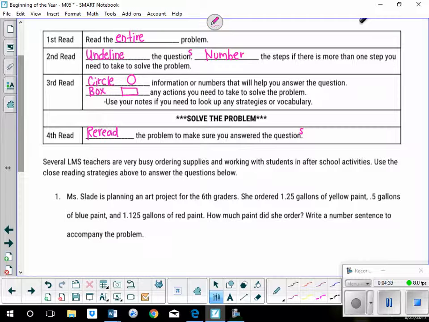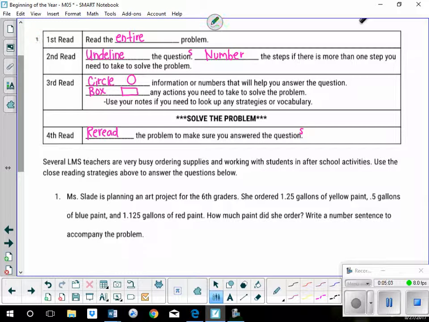This says, Ms. Slade is planning an art project for the 6th graders. She ordered 1 25/100 or 1 1/4 gallons of yellow paint, 5/10 or half a gallon of blue paint, and 1 125/1000 or 1 1/8 gallons of red paint. How much paint did she order? And write a number sentence to accompany the problem. All right, so we